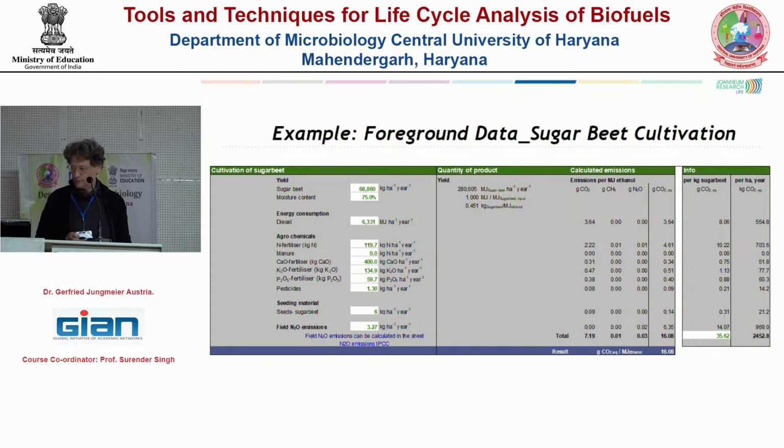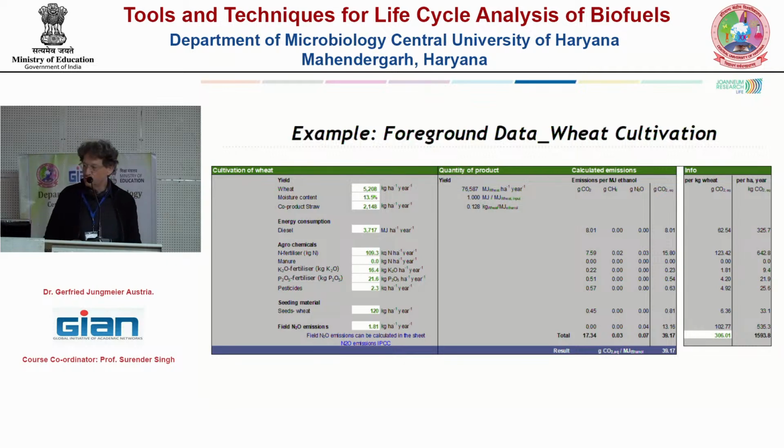formation processes. If you use wheat cultivation, it's the same sheet, but of course wheat you grow differently. You have a different yield, a different moisture content, different inputs, but the same is also available for wheat. And again, if you have your own data, you can always insert it, so you have a relatively good way. So these are the key data for cultivation. The farmer needs diesel to run the engines. He has a yield, that's what he harvests, and he has to put things on the field so that something is growing,